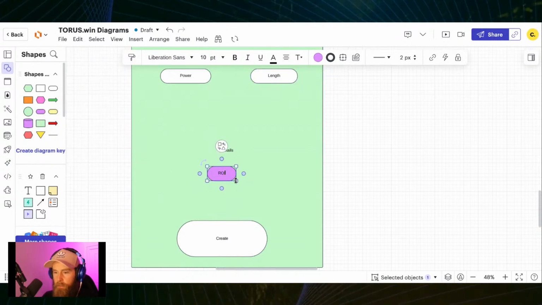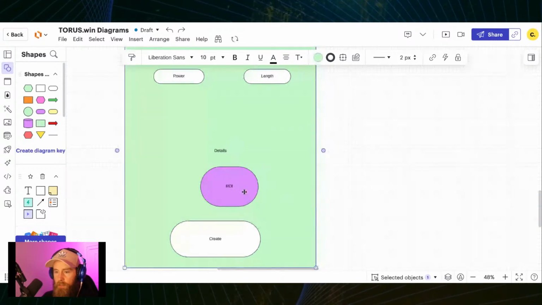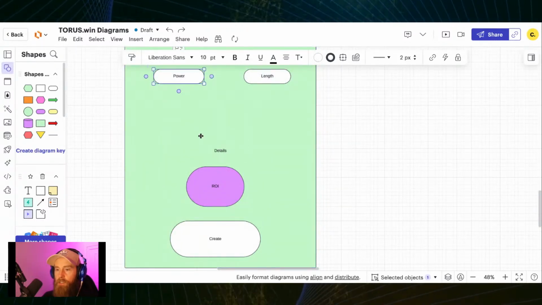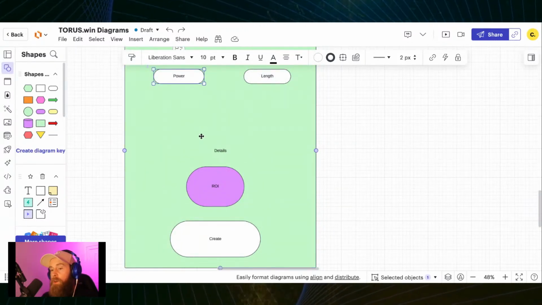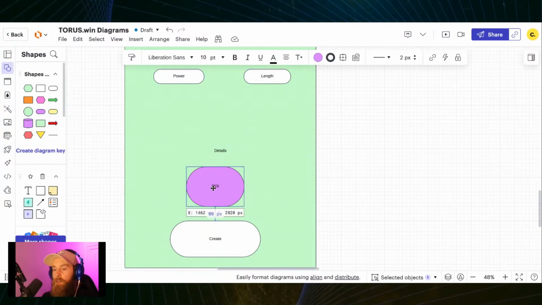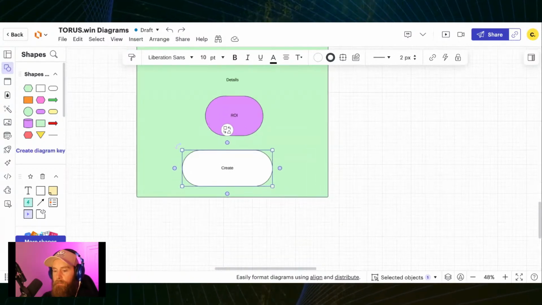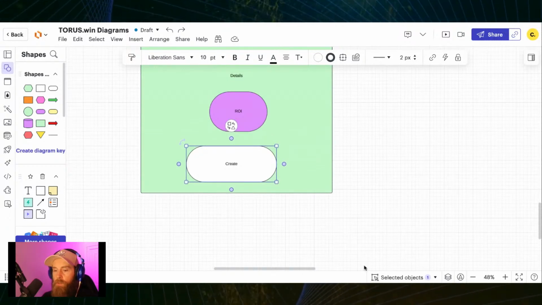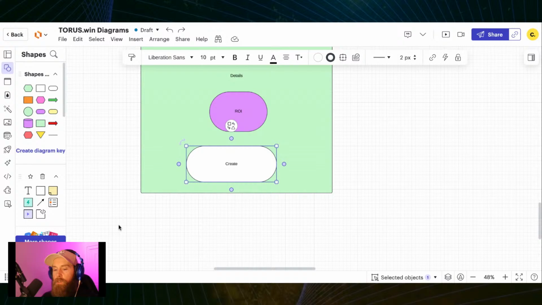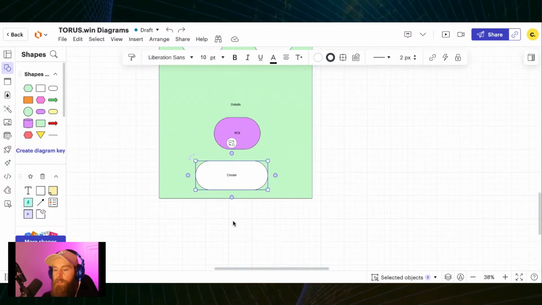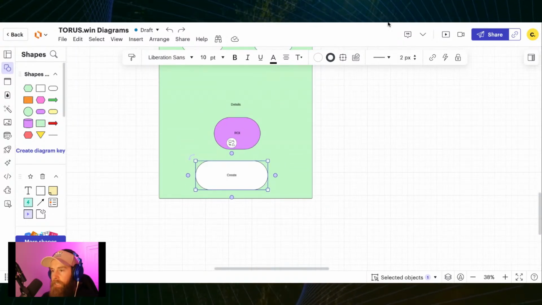ROI. This is how simple it's going to be. You choose how much you want to put into the system, for how long. Here's your ROI, create. And then below it, there's going to be a little menu where you're going to see everything that you can easily keep track of, including your start and end date and all the data that you need. It's all going to be so simple.